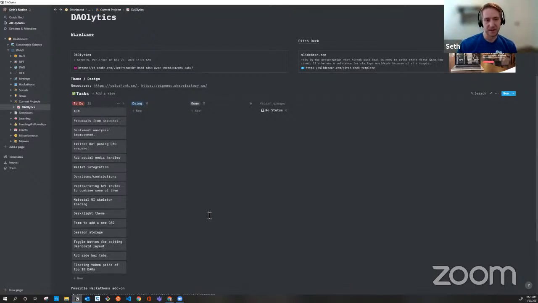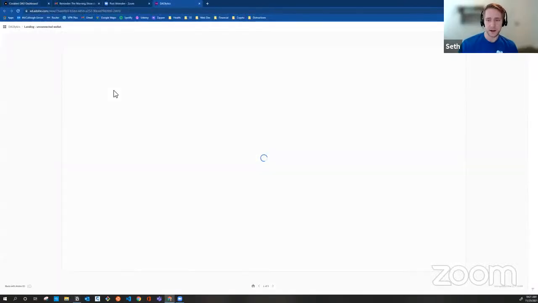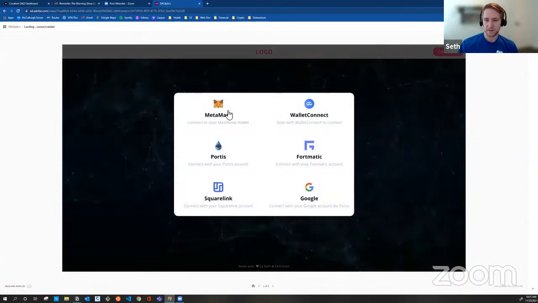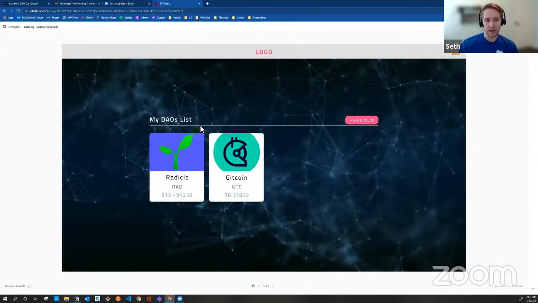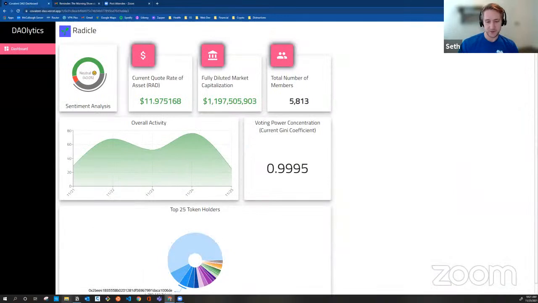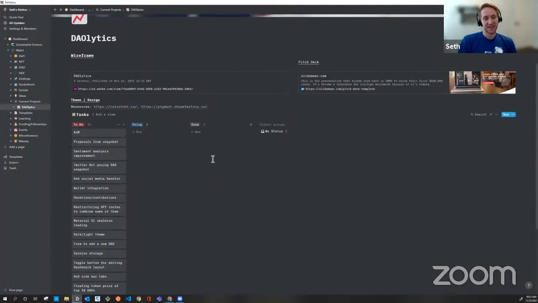And a lot of the stuff from Sabelo, we were just admiring his dashboard with the dark and light themes and mobile responsiveness. We can get into later how we met, but now we're all part of this. And I've started to create, very roughly right now, an Adobe XD wireframe of where we want to go with it. We want wallet integration where you can connect and keep track of all your DAOs. This is still really preliminary, but we have a lot of ideas for the future of the app. We don't want to stop working on it. It's been tons of fun and made some awesome friendships along the way too.